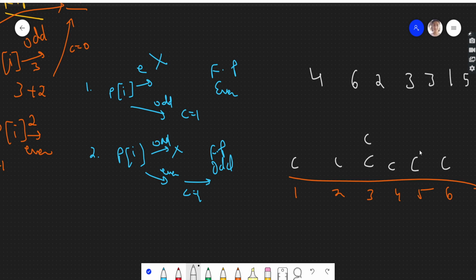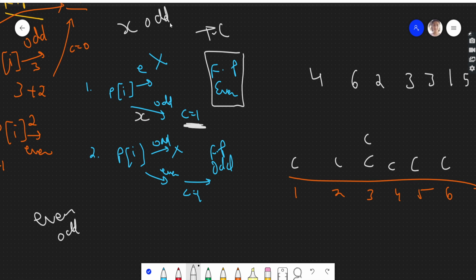Now we need to calculate what our final position should be. Should it be even? Should it be odd? If I fix my final position to be even, my total cost will be the number of odd position chips, because all those will have cost 1. So if there are x odd chips, that will be my cost.